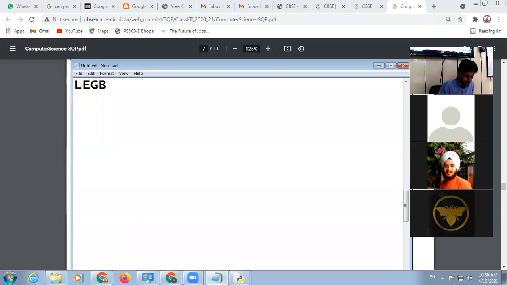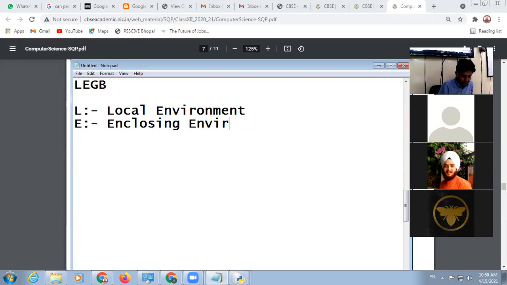L stands for local environment. It means every function prefers its local variable. First, it always prefers the local variable. Then it prefers the enclosing environment.